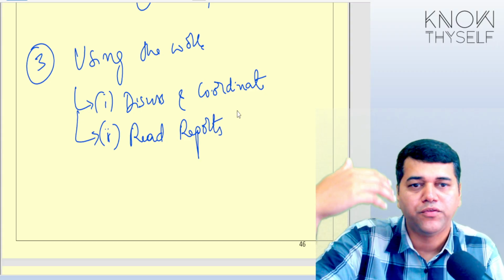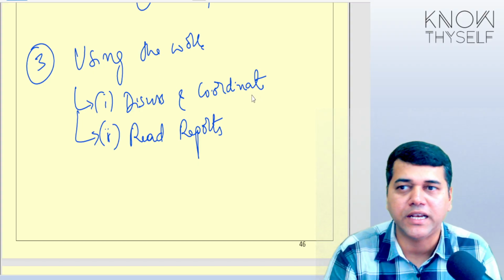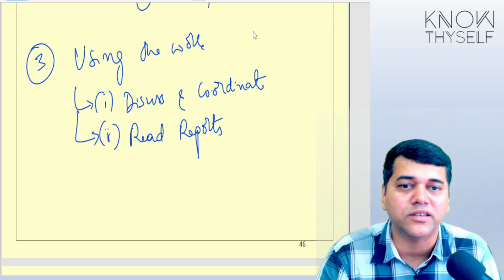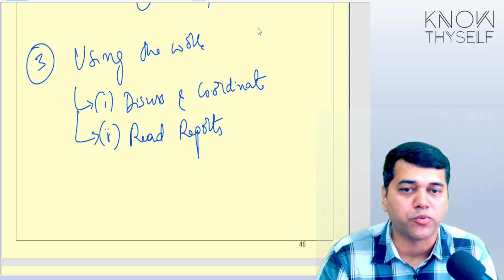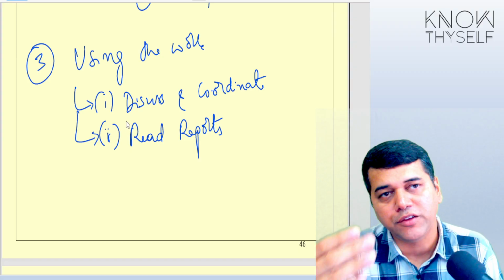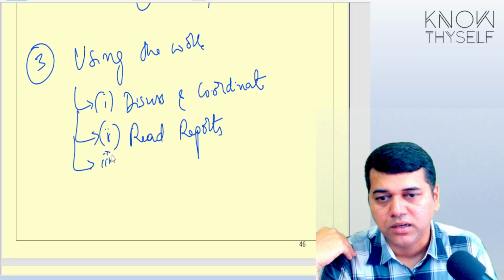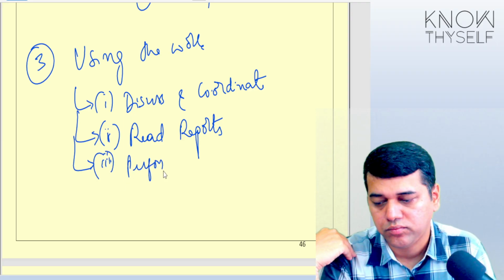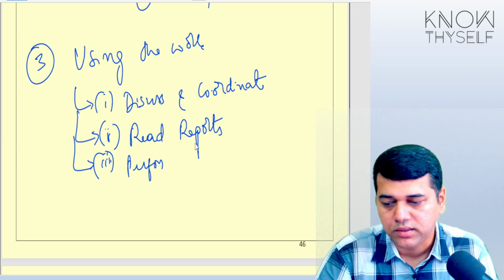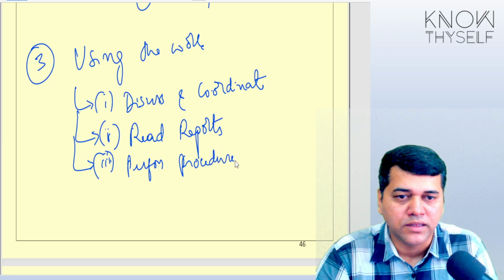First you talk. Before using the work, you discuss with them, coordinate with them, you tell them well in advance how many samples are required. This is very similar to SA 600, where principal audit procedures. First you give an advice. Here advice is called to discuss. Then review their work in the form of reports of what they have got. Third, perform procedures on the work.